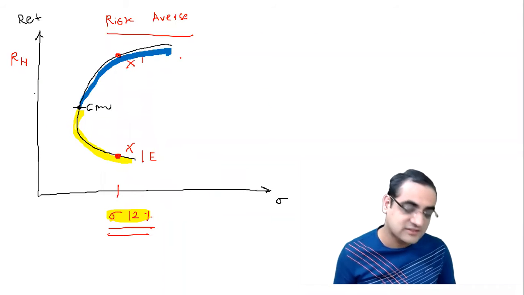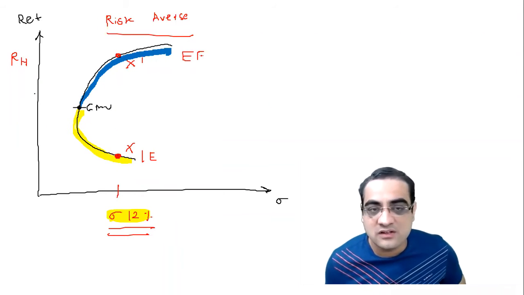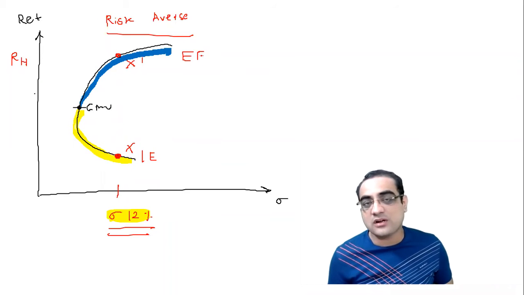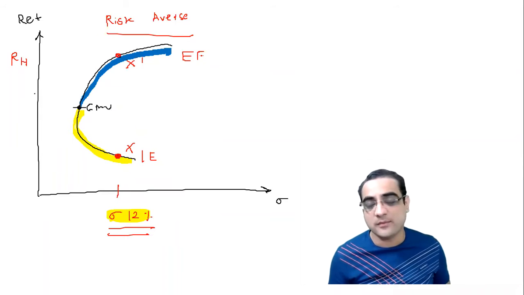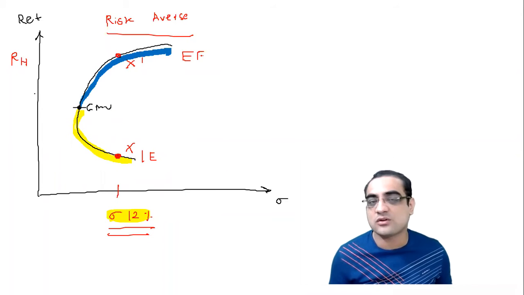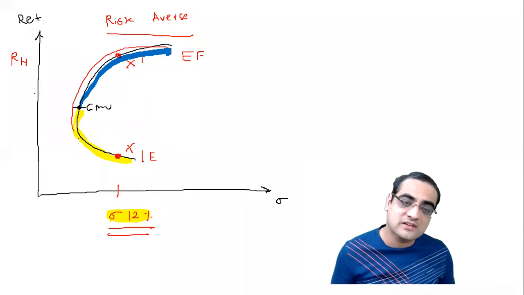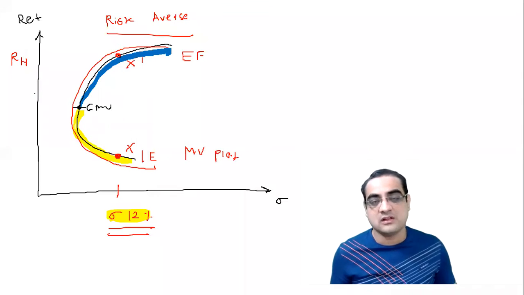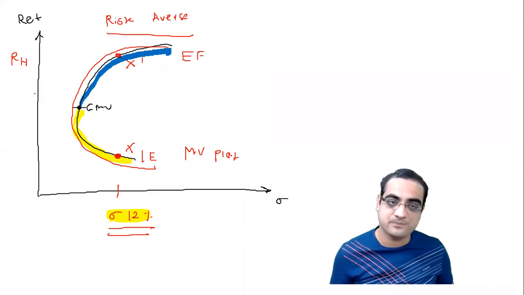The blue segment is said to be the efficient segment, also called the efficient frontier. All right. The complete graph is a plot of minimum risk for a given return. I didn't tell you the name of that. Minimum risk for a given return. Risk is also called variance, so it's called the minimum variance graph. The complete graph is called the minimum variance graph. The lower one is inefficient, the upper one is efficient.